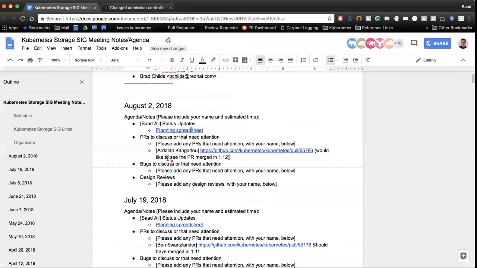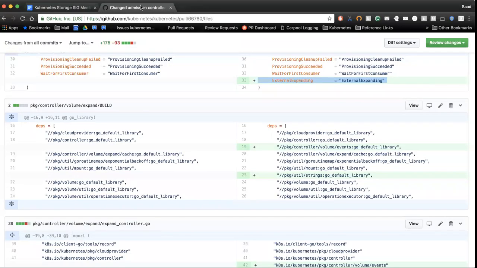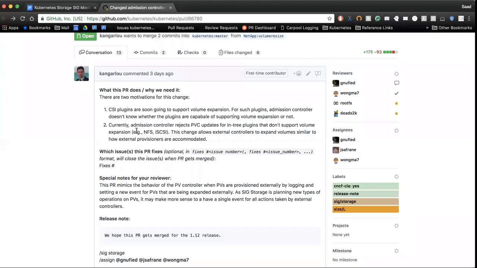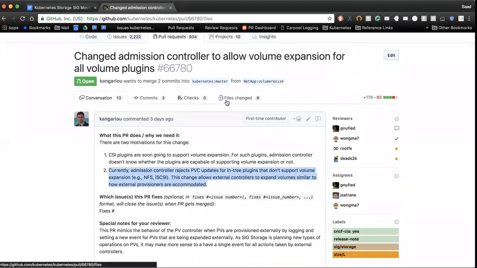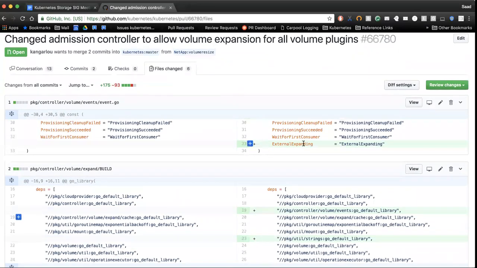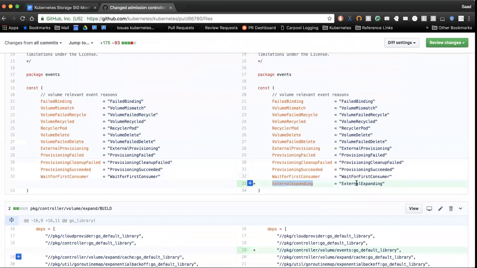Yeah, I've looked at the PR also. I think mostly it's what we want to do. I agree with the general idea of it. I think we discussed it in a previous call as well, and we agreed with the general idea. The main thing is the event name. I don't know, externally expanding. I know we used a similar name before, and then on some of the implementation bits I have left some comments. From my perspective, if we can get those addressed, I think we'll be good to go. Yeah, sure. But do we want to have a generic event for every action done by external provisioners or external controllers instead of creating a new event for every operation?